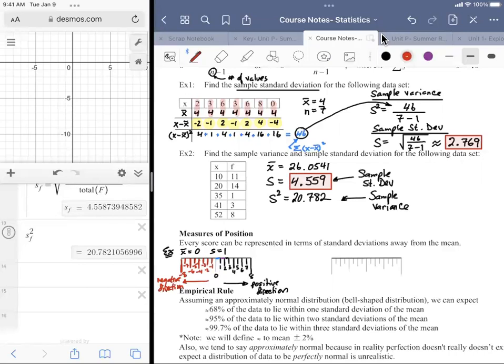So what this is saying is, I'll just look at example 1 again. Instead of having each increment be 1 unit,